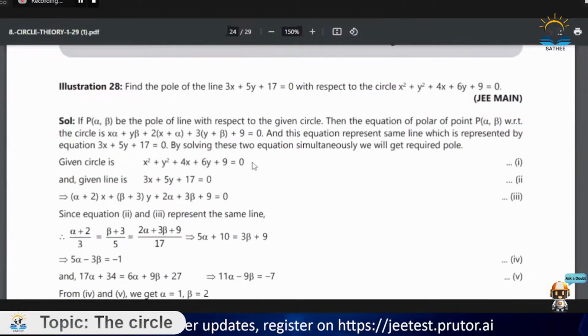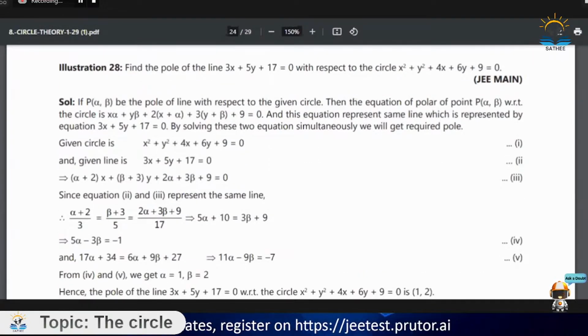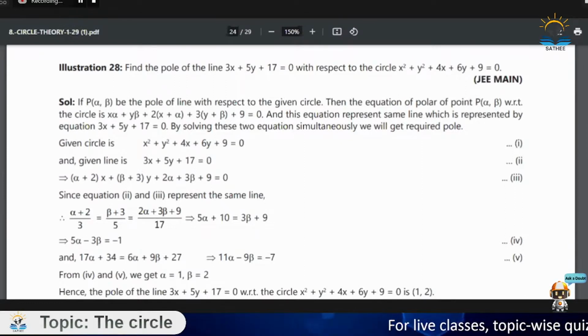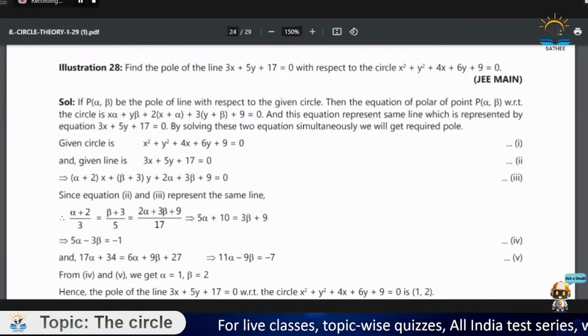So these were some simple questions. Let us take a quick look at this previous year question. Find the pole of the line 3x plus 5y plus 17 is equal to 0 with respect to the circle. So the approach is simple. We will first assume that x1 comma y1 is the pole of the given circle. So we will write x x1 plus y y1 plus 2